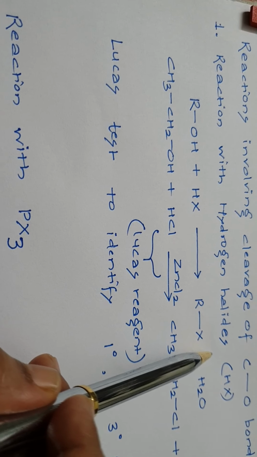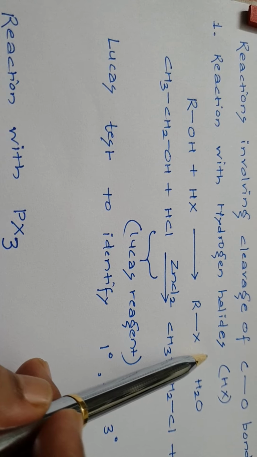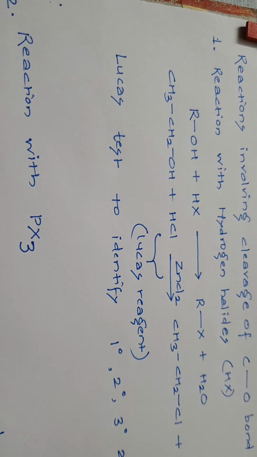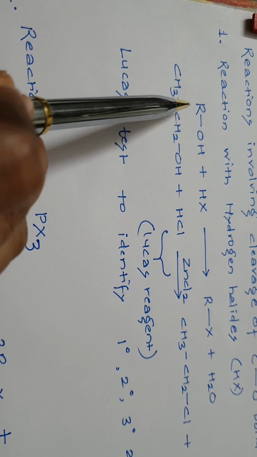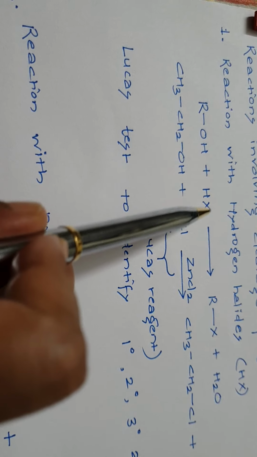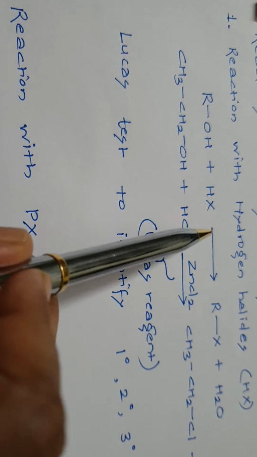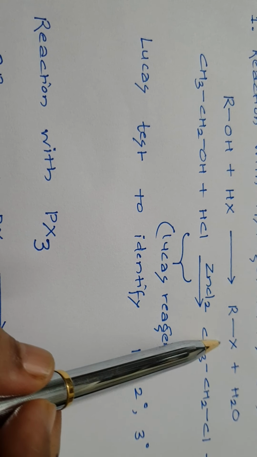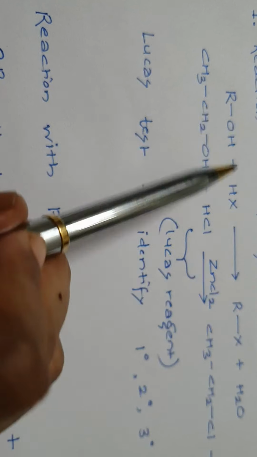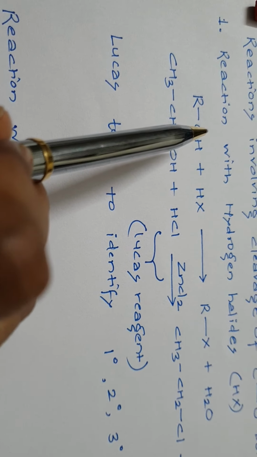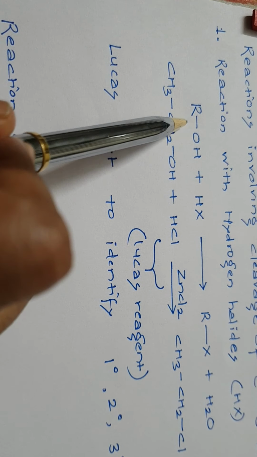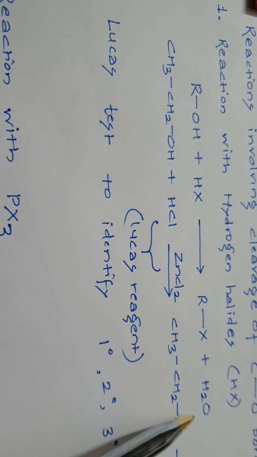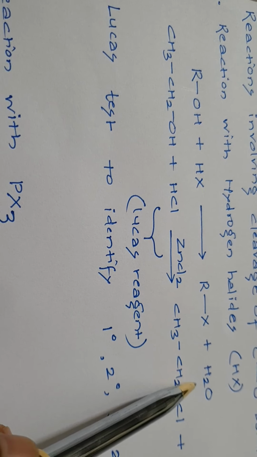It's not at all a new reaction for all of us because we have seen this in the preparation of haloalkanes. Now, in the preparation of haloalkanes, what we have seen is alcohols are made to react with hydrogen halides to give us alkyl halides, or haloalkanes as we call them. So, here are the products which are formed. Now, how are we saying that there is a cleavage between carbon and oxygen? Because here is the breakage which is taking place. Your OH combines with the hydrogen to give us water as the byproduct.